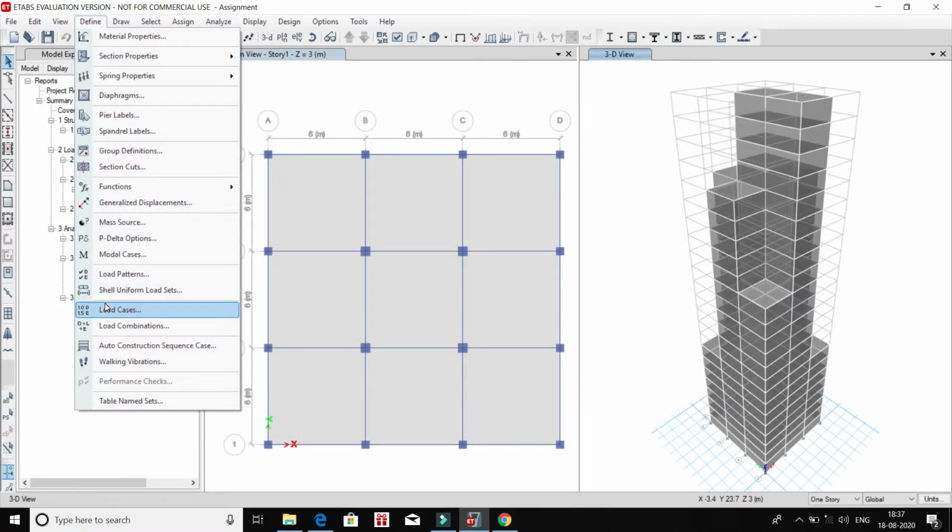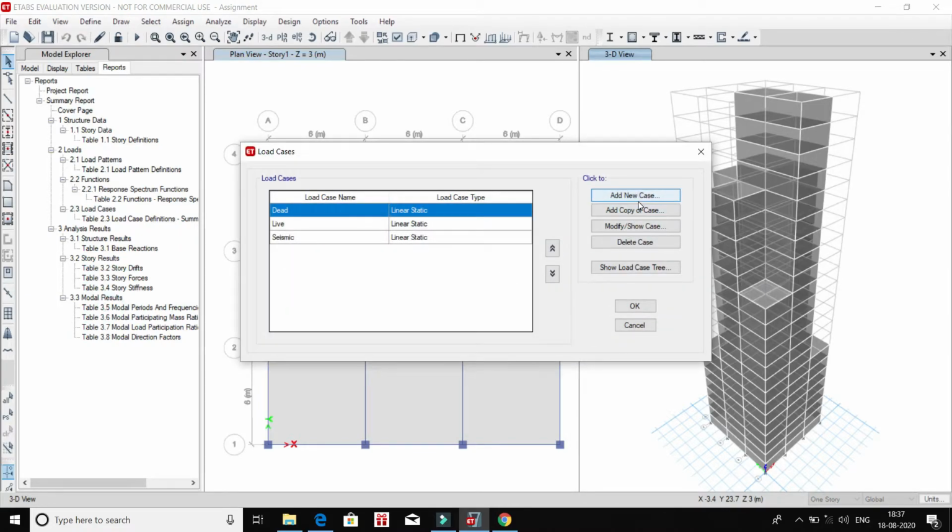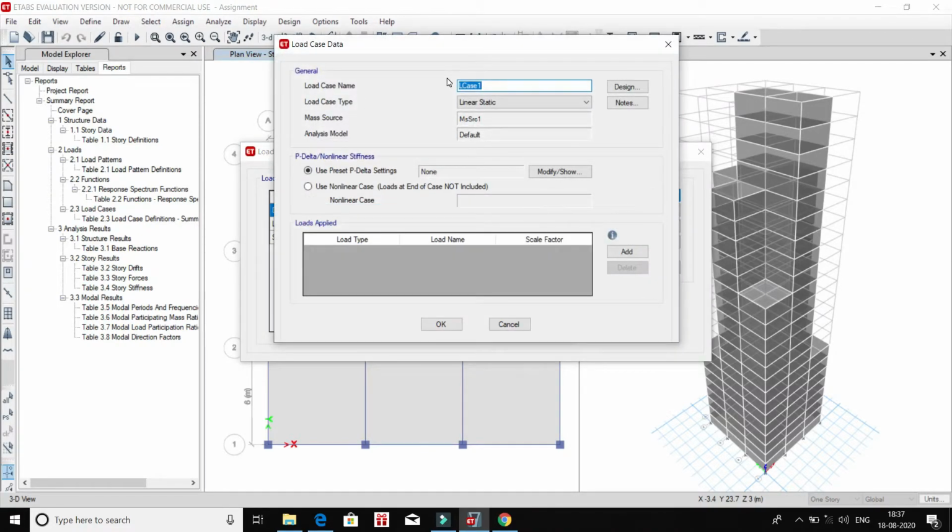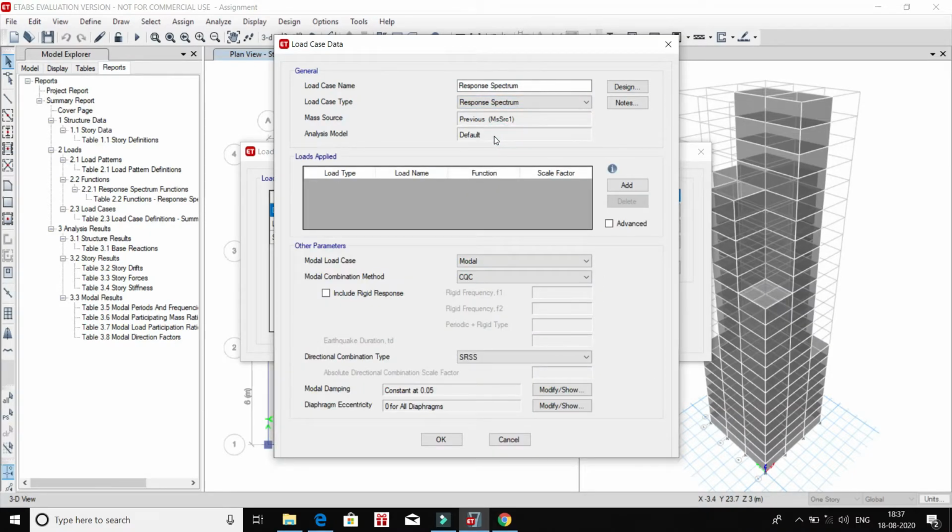Now go to define, click on load cases, click on add new case, then give a suitable name for the load case as response spectrum. Now select the load case type as response spectrum. Now click on add.